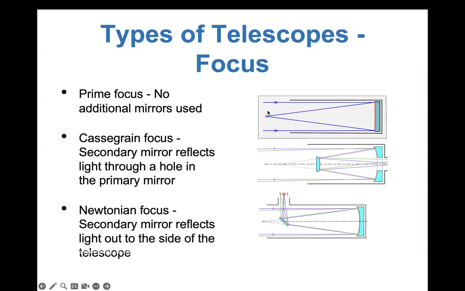However, instead of having a focus located basically in the middle of the path of the light coming from the stars, from the sky, you have a mirror located somewhere internally in the column of the telescope, in that big cylinder, which is the telescope. And that secondary mirror bounces the light back so that the final observer can be at the end of the telescope. Because notice that with the prime focus type of telescope,